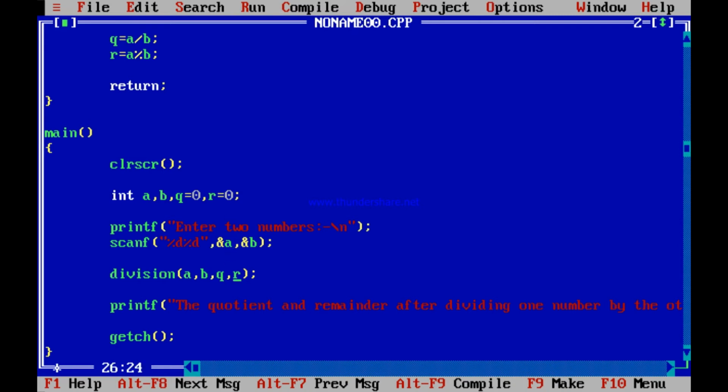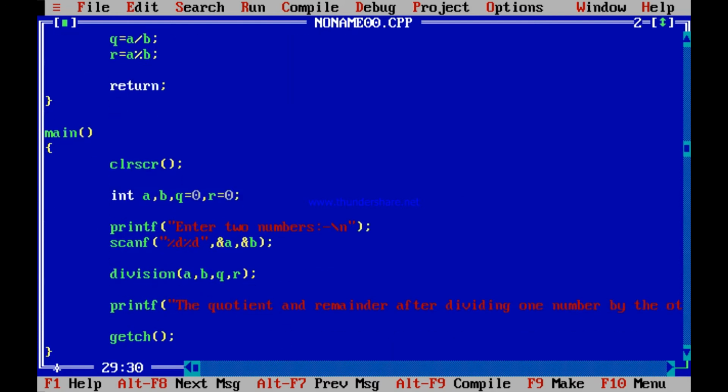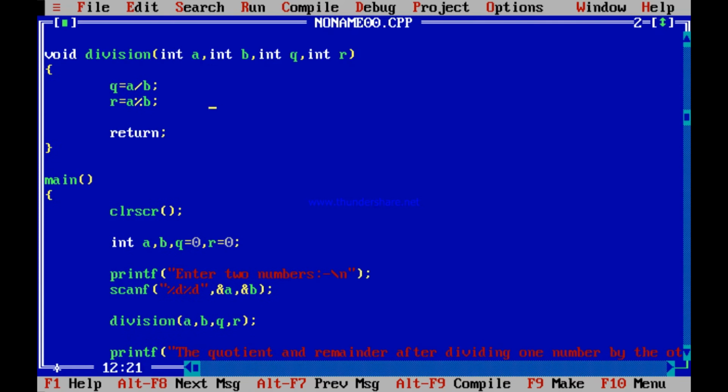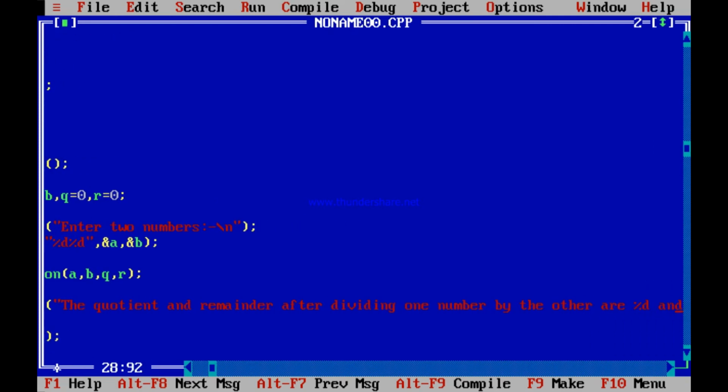When you send this Q and R, what happened was this Q and R is different. You received it in Q and R, but this Q and R variable is totally different from the Q and R over here. You have changed this Q and R over here, this has calculated. If you print over here, it will show you the result. But in the main function, it will not show the result, because in the main function, the Q and R is unchanged. Because this QR has no relation with that QR. This is the same old 0, 0.